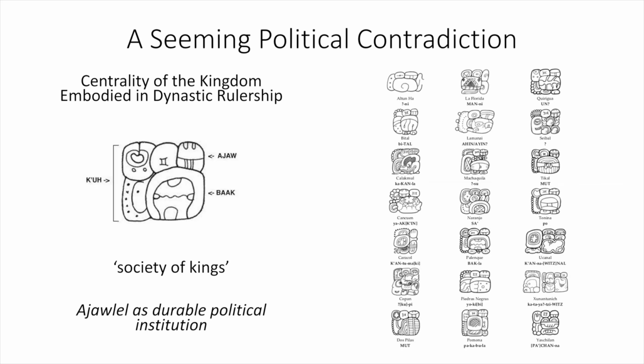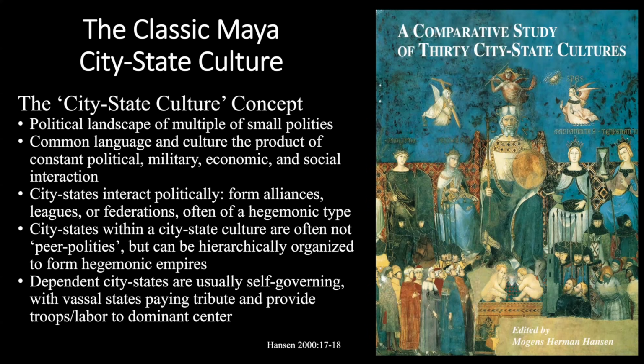In Simon's recent book, he talked about this as a society of kings, of different kingdoms interacting with one another. And this type of dynamic is very common globally in history. This is something where we have an incredible amount of comparative examples. This is an edited volume published by Mogens Hansen 25 years ago. There's actually a book, an edited volume, and then a follow-up. The book is this thick. It is a very effective doorstop.